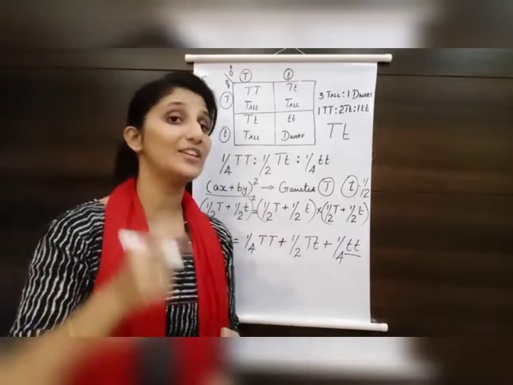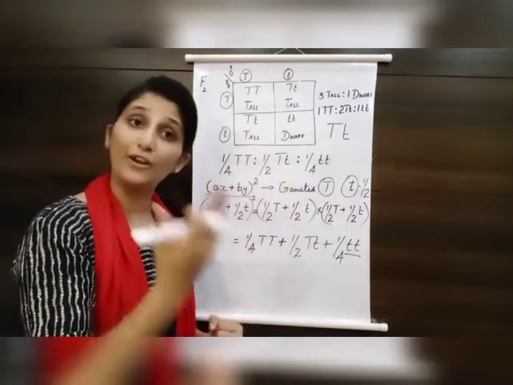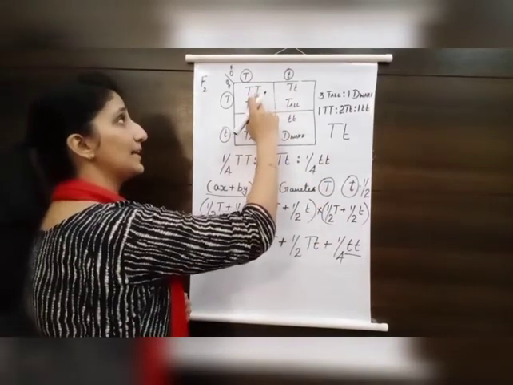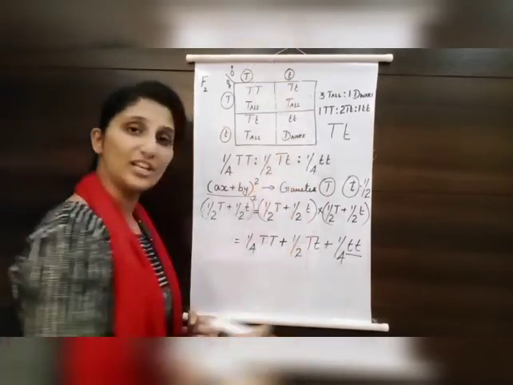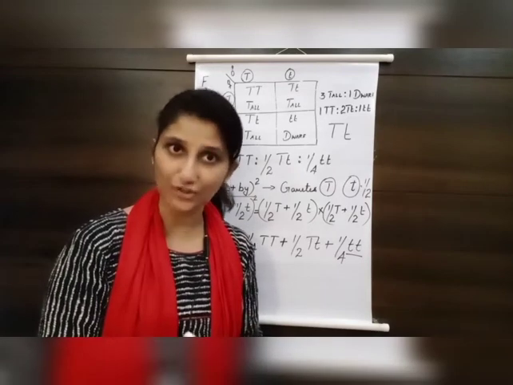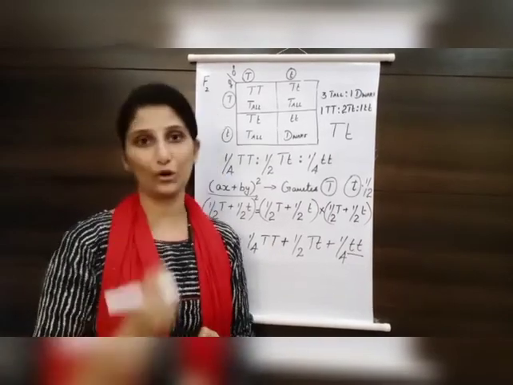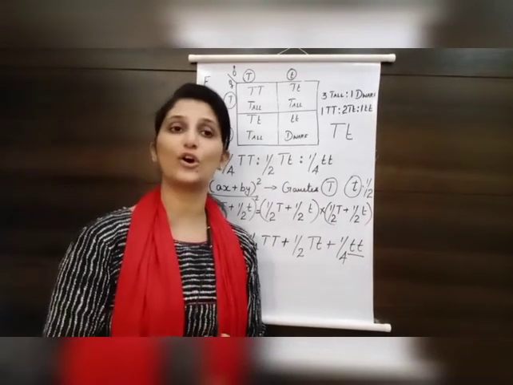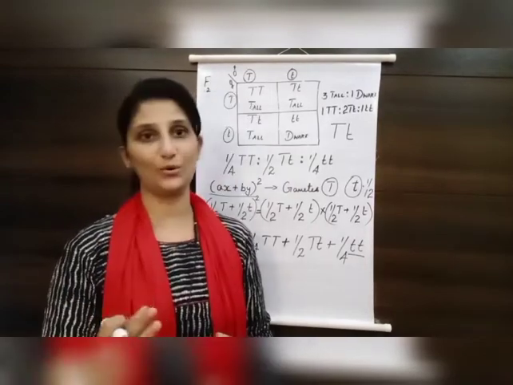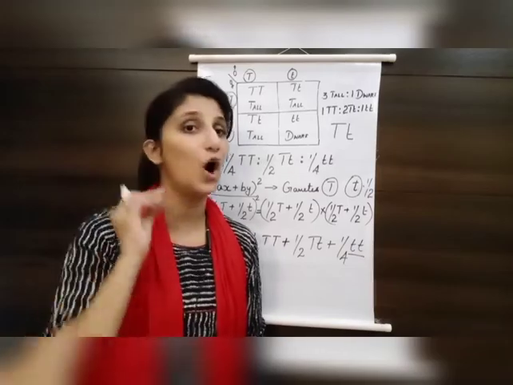So in order to find the genotype of the F1, see, F1 is heterozygous, but it shows the dominant trait, that is tall. And even in F2, we can see both capital TT is tall and capital T small t is also tall. So in order to understand the genotype of a phenotype which is a dominant trait, Mendel devised a cross which is called a test cross. So test cross is a cross which helps us to identify an unknown genotype. Is it clear? An unknown genotype of F1 or F2, an unknown genotype of a dominant trait.